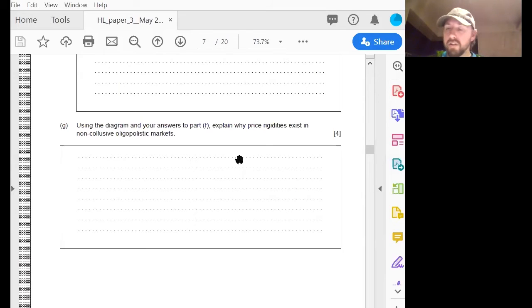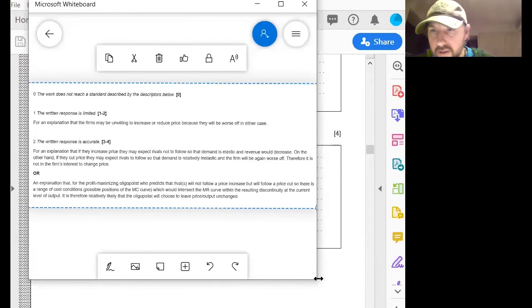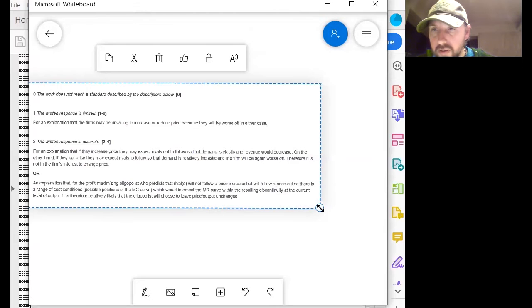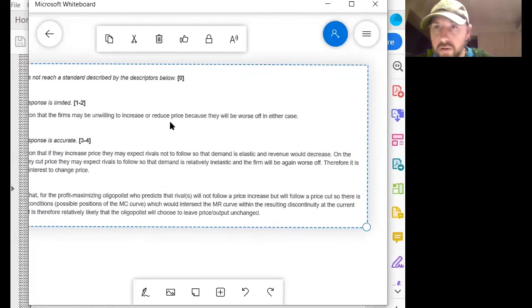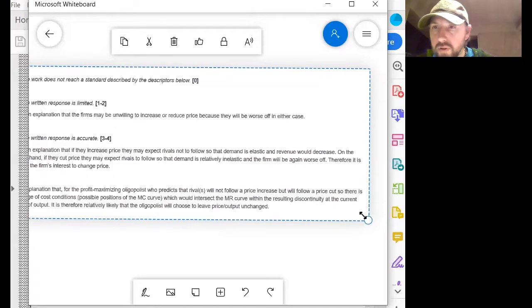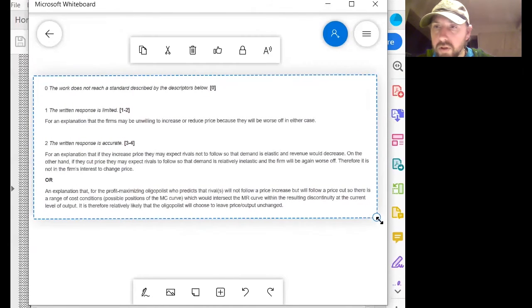Notice you're using elasticity and stuff, connecting this kind of stuff together. And then at the end, explain yourself, right? So explain why rigidities exist. I kind of vaguely said it in that video. Let's see what IB said. This is kind of too small to look at, so I can zoom it a little bit bigger. It's really annoying because I can't make it bigger the other way.